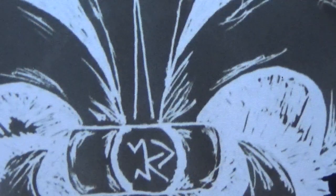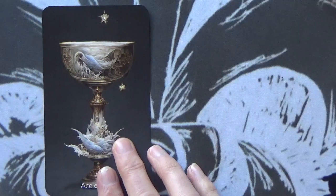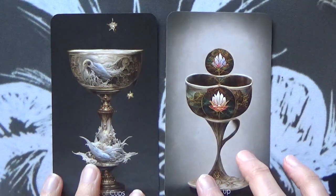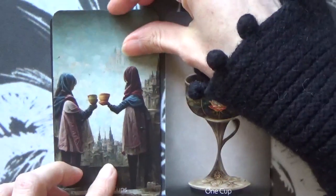So then we have the cup suit. So we have the Ace of Cups right there, and then it looks like this, the 1 cup. So you see the different design. It's not just a copy of it. There was a lot of work that went into this. It's stunning. The 2 of Cups,